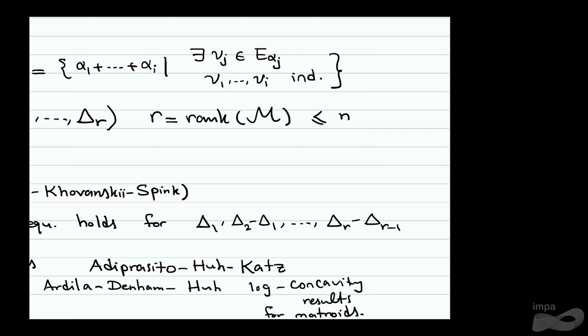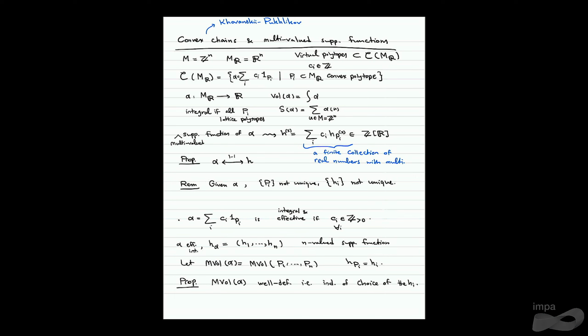Maybe I can say a few words about multi-valued piecewise linear functions. In convex geometry and toric geometry, it is well known that for each polytope you can assign a piecewise linear function, which is called the support function of the polytope. You can extend this correspondence to virtual polytopes, and more generally to